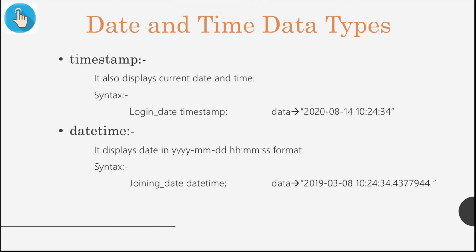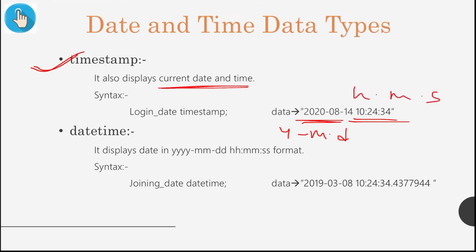Now it comes to the timestamp data type. It gives us the current date and time. Where is this exactly used? In companies, employees have to scan their card when they enter the company. At that time their current time and date will be stored. So the timestamp data type is used, which will display the current date and time. It will be in the form we have seen before, that is year, month and day in the date, and hour, minute and second in the time.